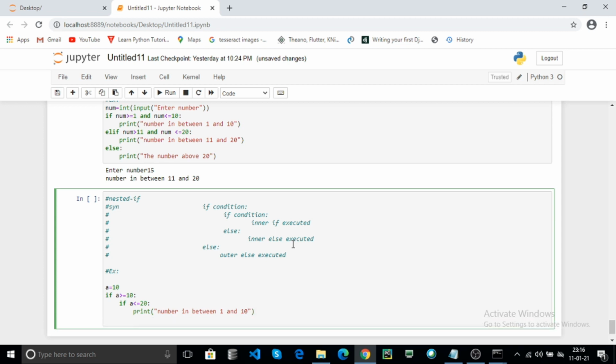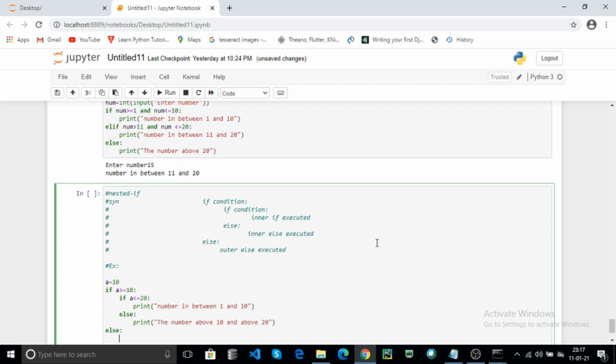If the inner if condition fails, the inner else is executed. If the outer condition fails, the outer else is executed.